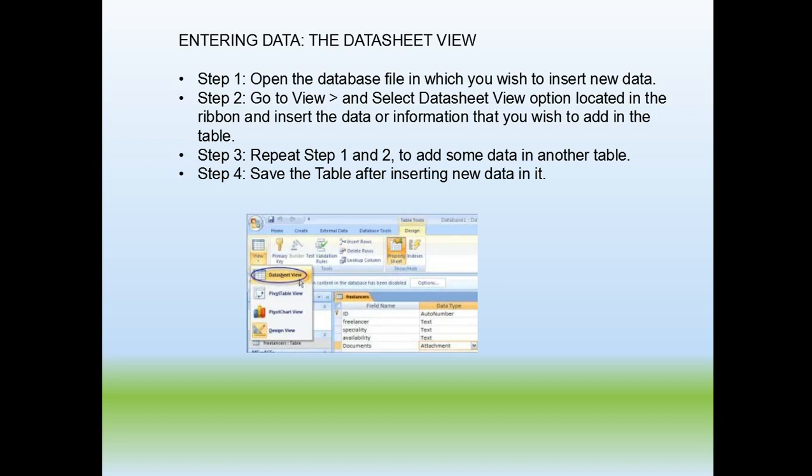How design view is always linked with the datasheet view. Whatever we are going to design in the design view is only displayed in the datasheet view. Then we have seen how to enter data in datasheet view. Next time, let's come up with the manipulation of data, how the datasheet is manipulated. We will go with that in the next video.